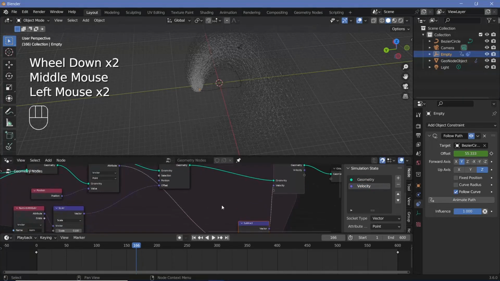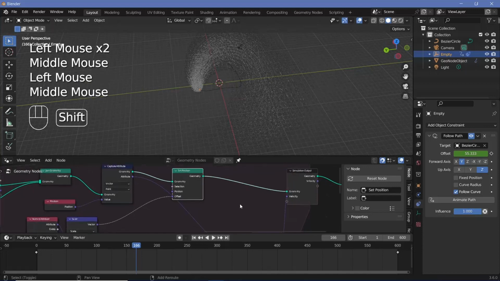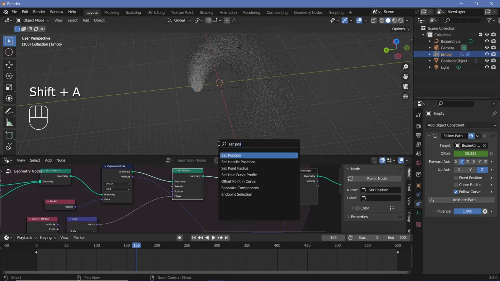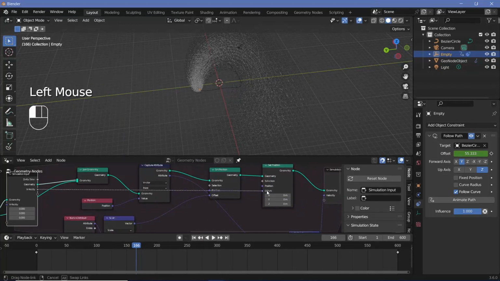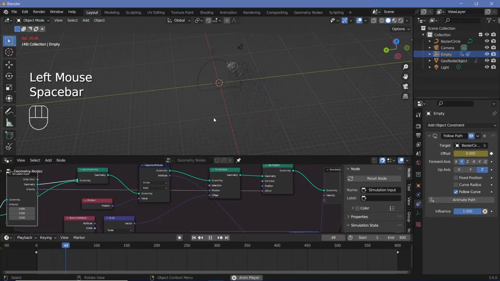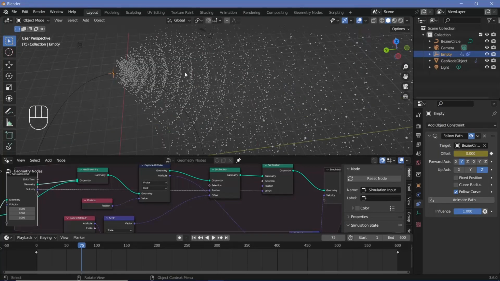Now I can actually set position according to the velocity. So I'll press Shift A and search for a set position node, and I'll take the velocity from the simulation input and plug it right into the set position. So now if I play the animation, it should start moving much faster,